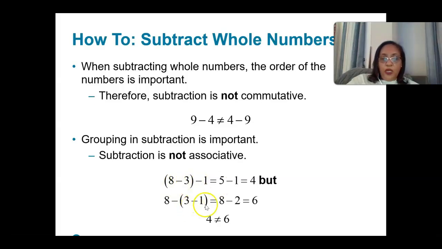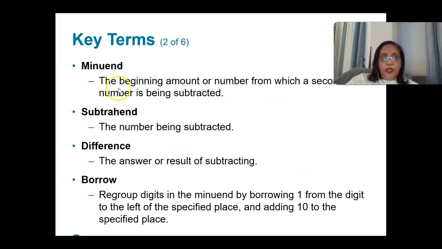But if 3 and 1 is grouped first, we subtract 3 and 1 first. So just be very careful. Diminuend: the beginning amount or number from which a second number is being subtracted. The subtrahend: the number being subtracted. The answer or result: the difference, the number or result of subtracting. And then